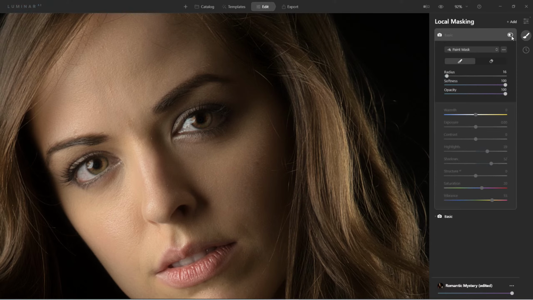Before, after. Ooh, did you see that? Look at that. Before, after. Awesome. And if the strength is too much,